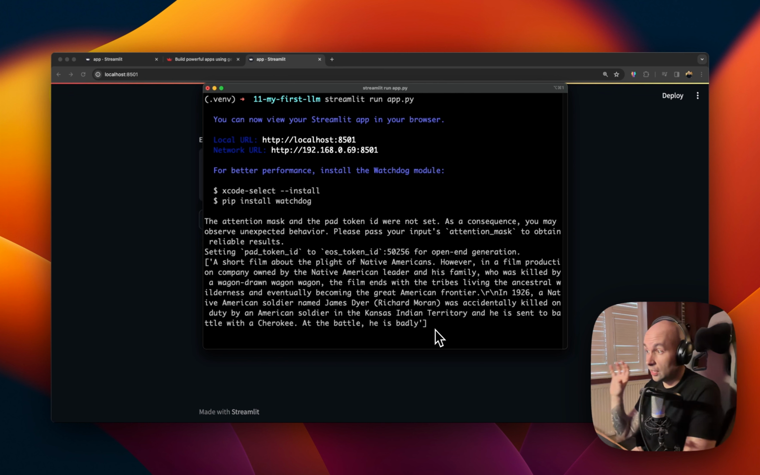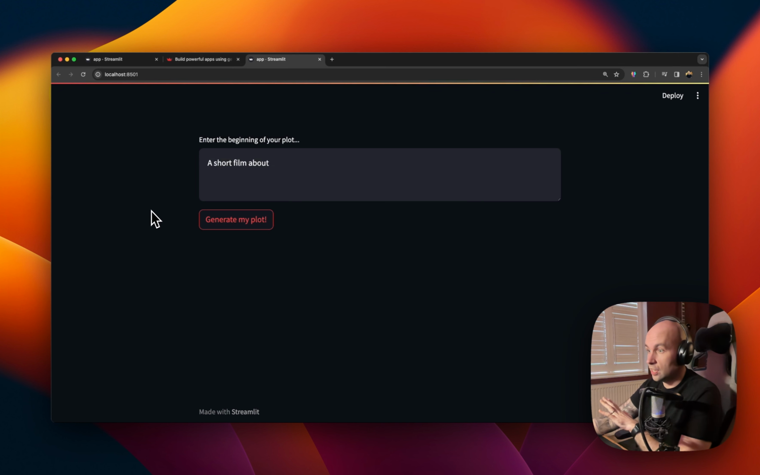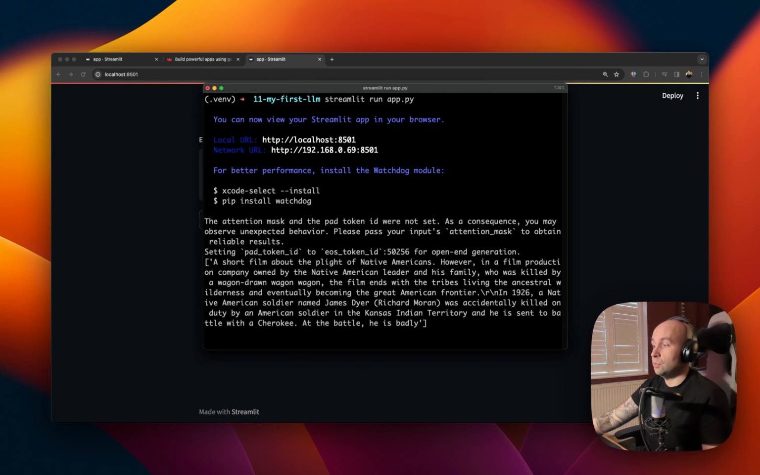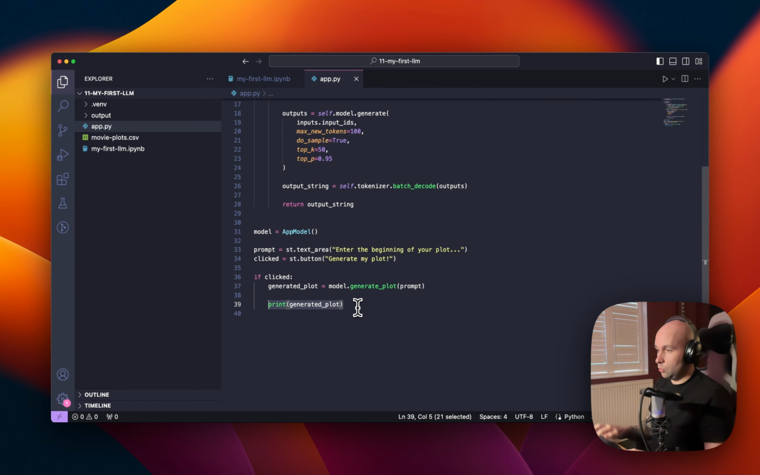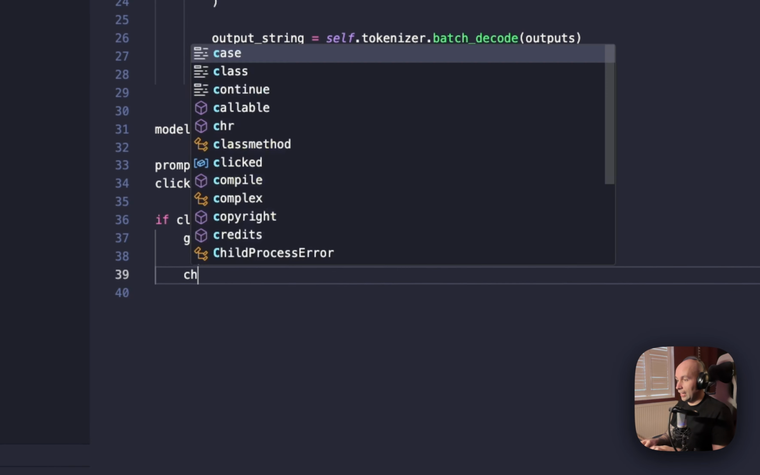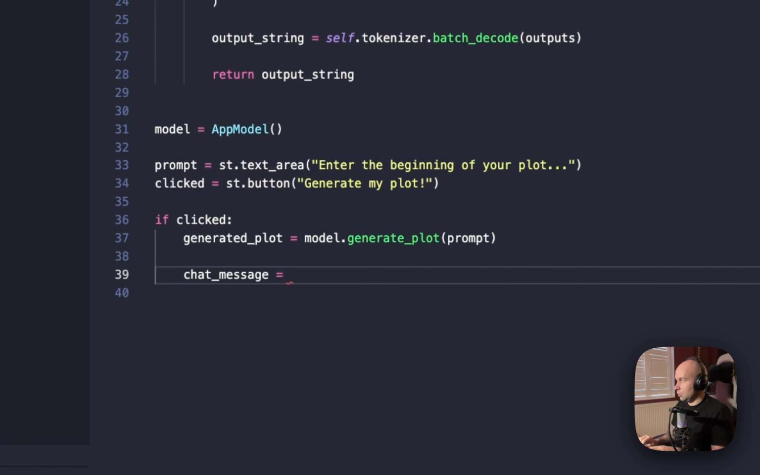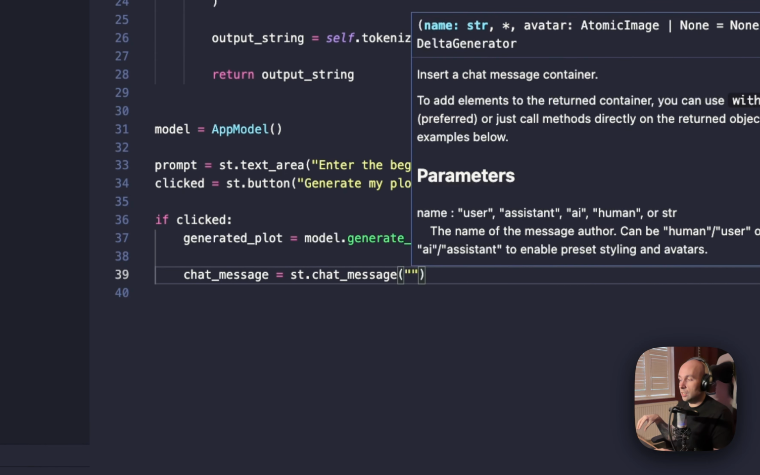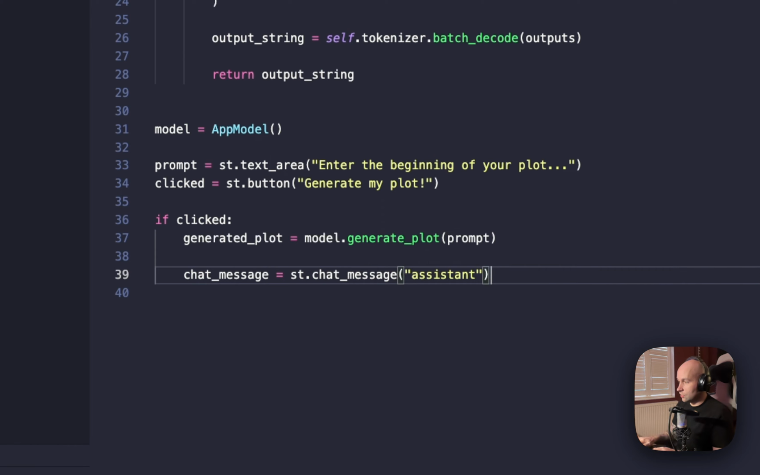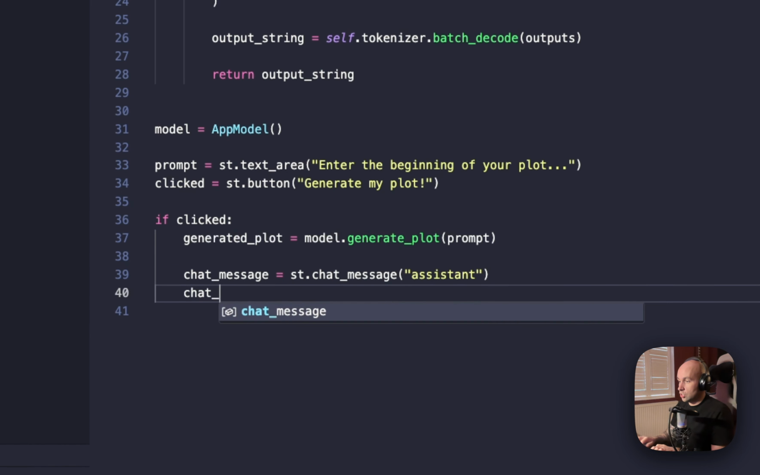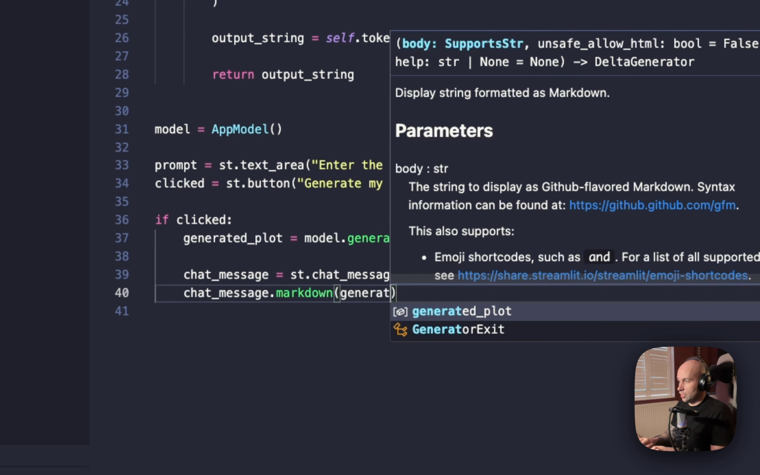So that's great. So the last step is going to be taking it from the console and presenting it to the user on the front end, which again is super simple, which is great news. So to do that, we need to declare a chat message. And we are going to go st.chat message, and then we just need to pass the name of the author of the chat message that we want to declare. In this case, because we are just speaking to a bot, we're going to specify it as assistant, and then all we need to do is just go chat message dot markdown, and then we can just pass in generated